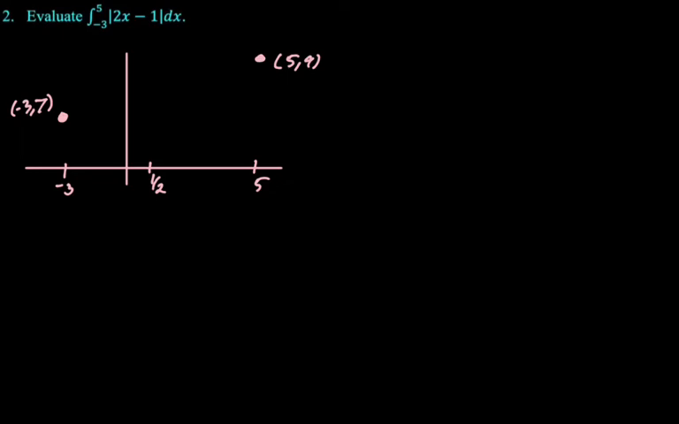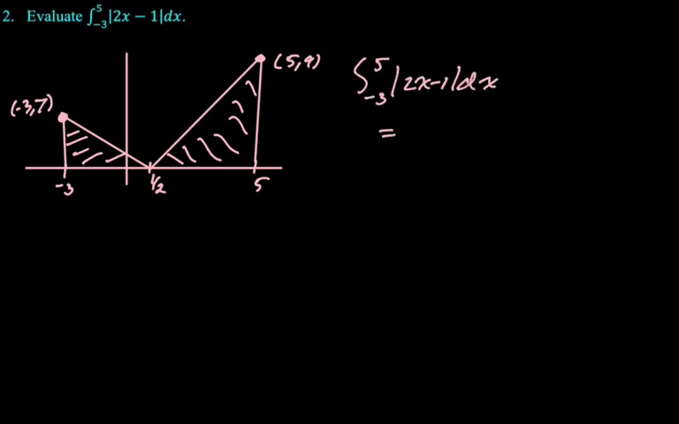So we end up with 2 triangles that we're finding the areas of, right? So we need this triangle, and then we need this triangle. If you're doing the integral of the absolute value of a linear function, you can always deal with it this way, especially on the AP Calculus exam. All right, so our integral is going to be